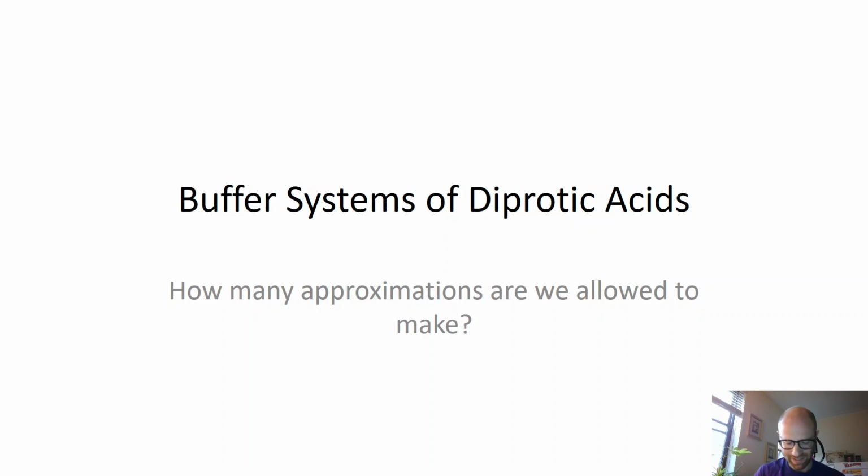Today we're going to take a more of a look into Chapter 9. This should probably round things off for us in terms of Chapter 9 content, but bringing in what we've learned about diprotic acid systems and fractional composition formulas, we should be able to approach what a buffer system might look like when it's made with a diprotic acid, which should introduce a new level of complexity, but hopefully through some careful reasoning and mathematical evaluation, we can do some approximating in appropriate spots to make this a little bit more